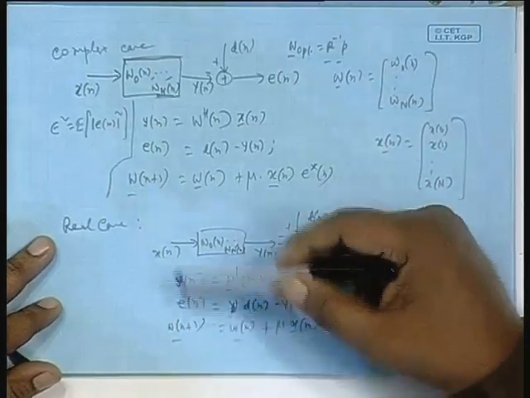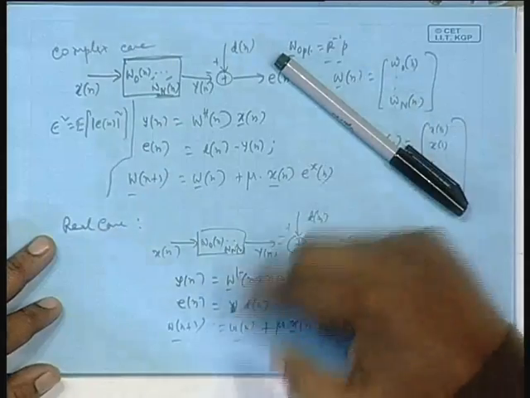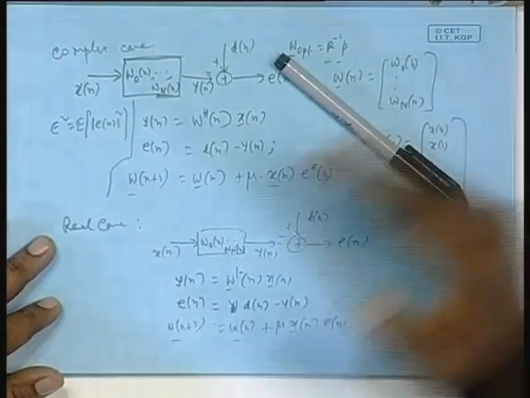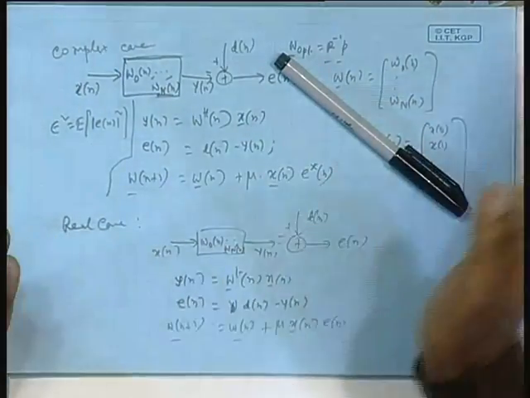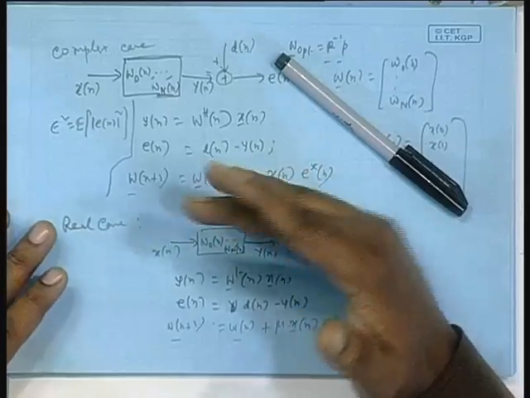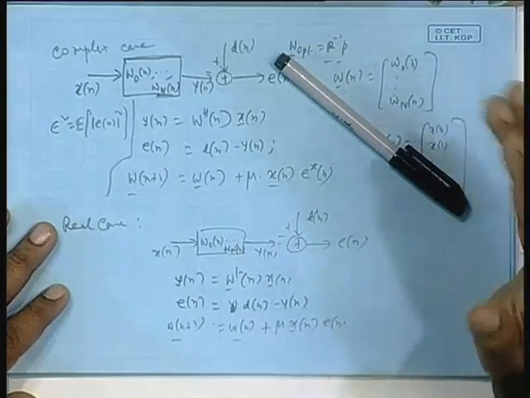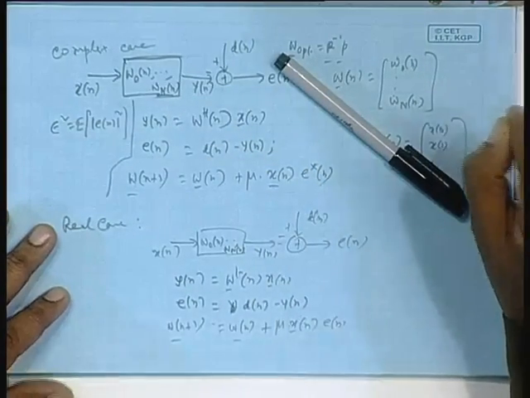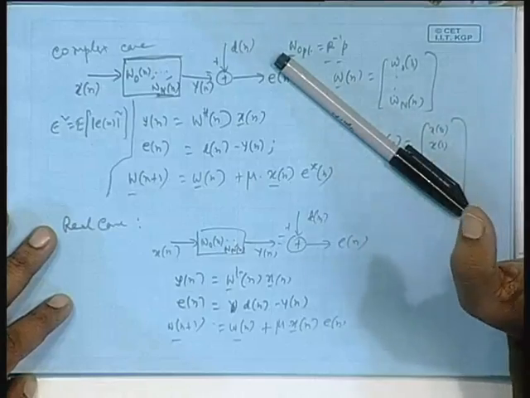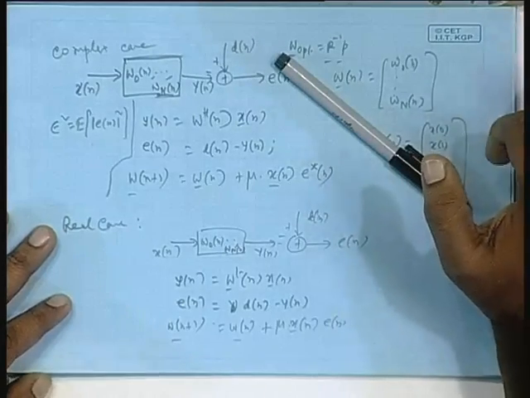That is the mean of the tap weight, this filter weight vector, as time tends to infinity. You see, everywhere along the time axis it is fluctuating, but as time tends to infinity, it will be fluctuating around the optimal value. So, at that time if you see the mean, that mean will be the optimum value. It will still not be optimum, but its mean will be optimum.